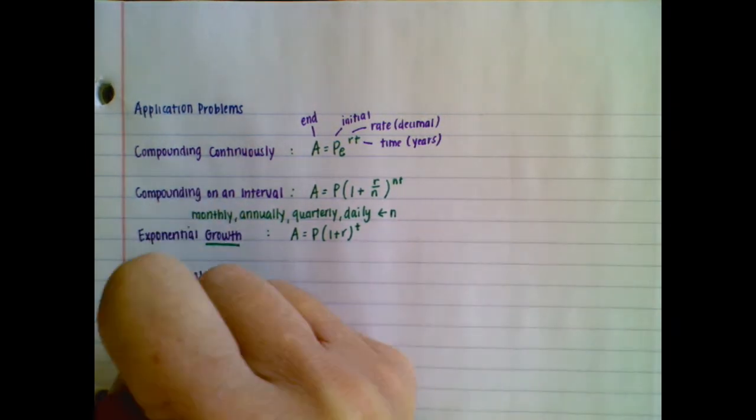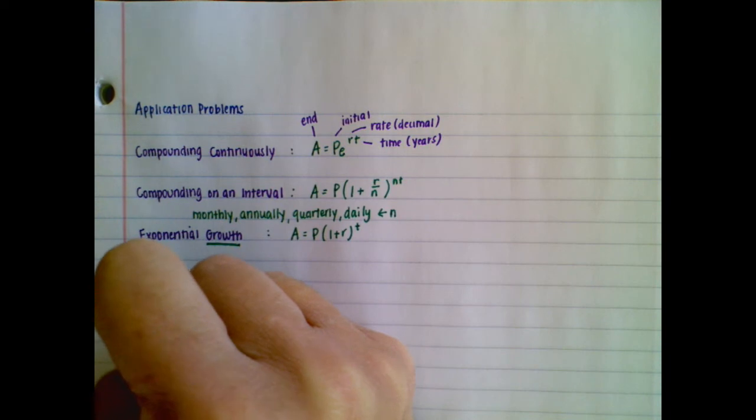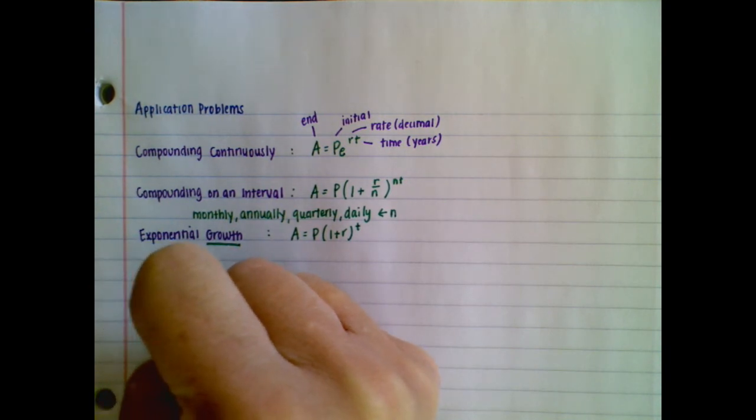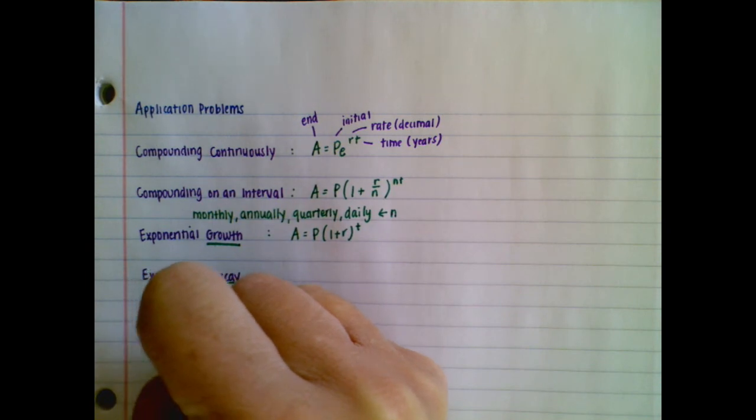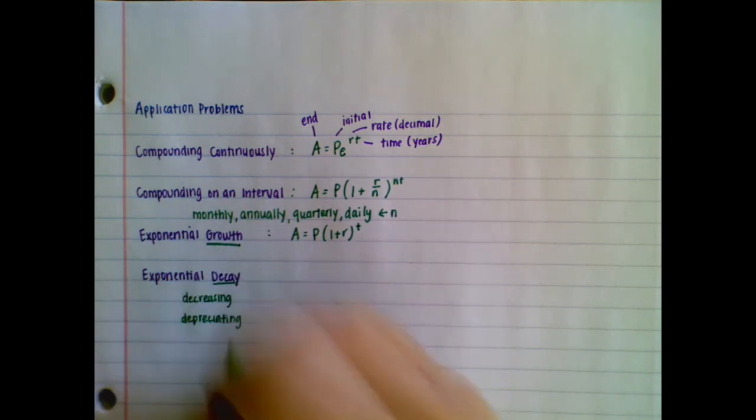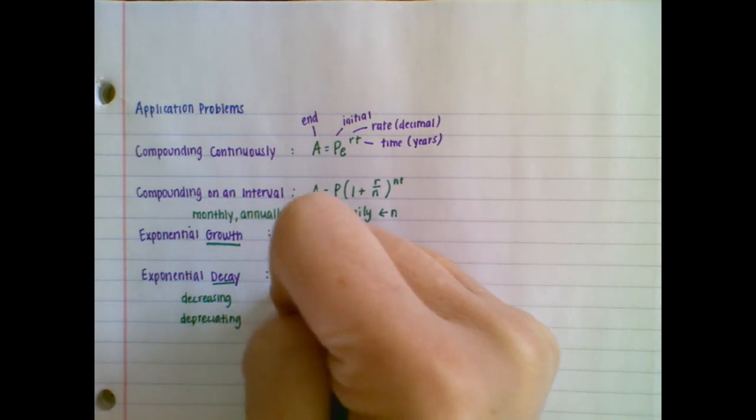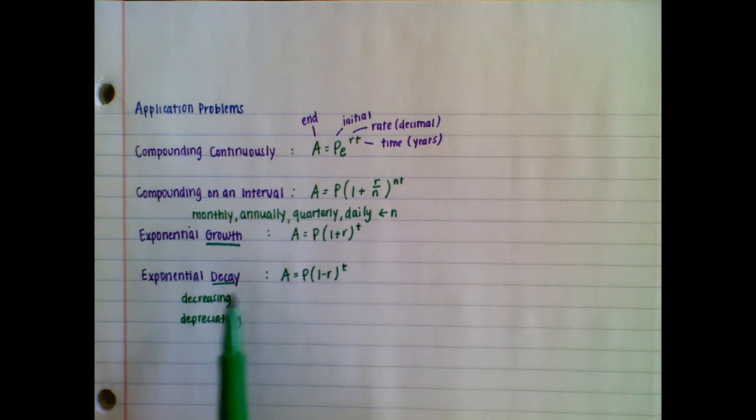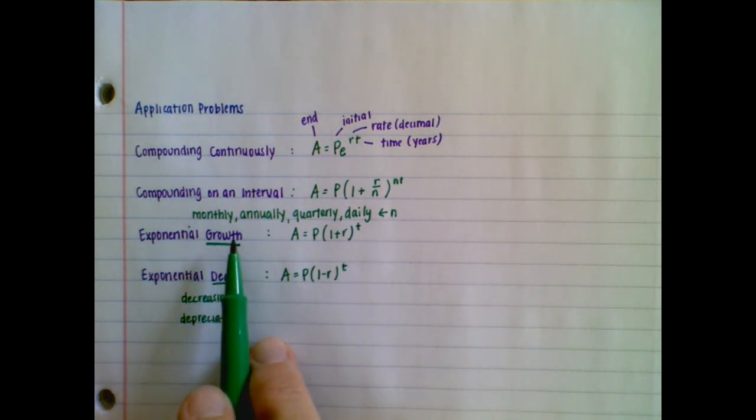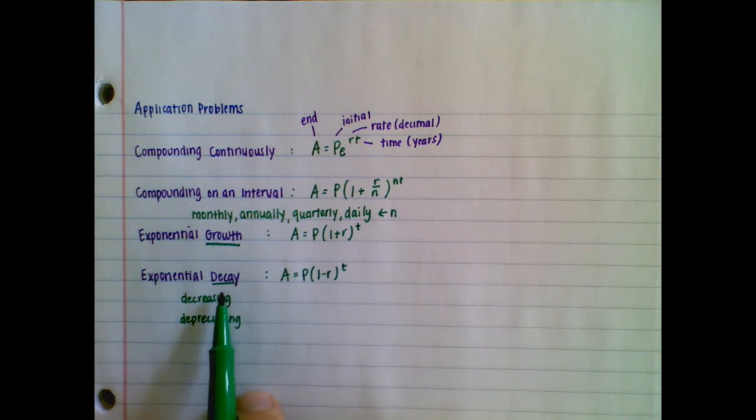Exponential decay, sometimes the keywords here are decreasing. Sometimes you'll see the word depreciating. Those would be keywords for you to know to use this model. A is equal to P times (1 minus r) to the t. And it's easy to remember the growth versus decay. Growth, you're growing, so you should be adding. Decay, you're decreasing, so you should be